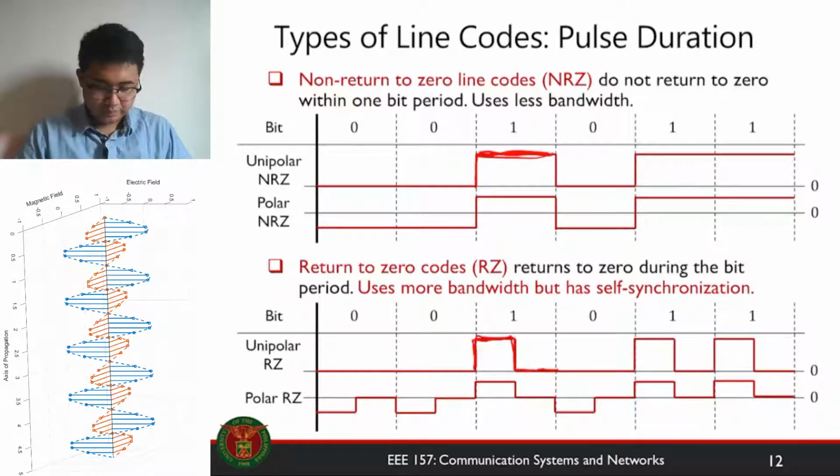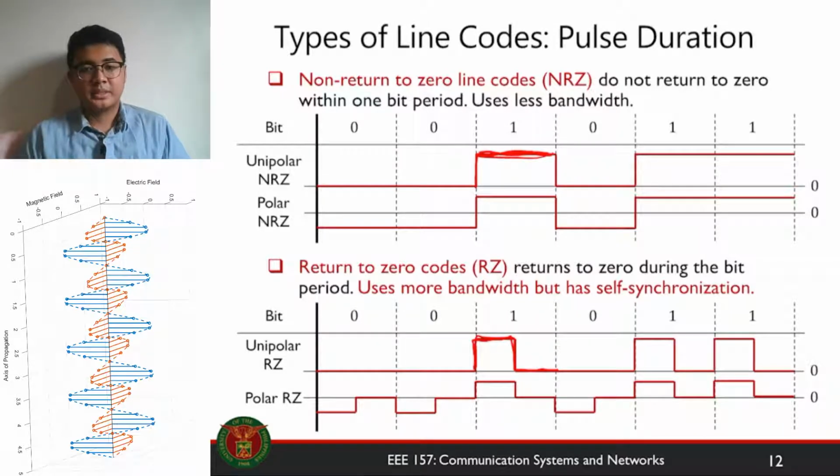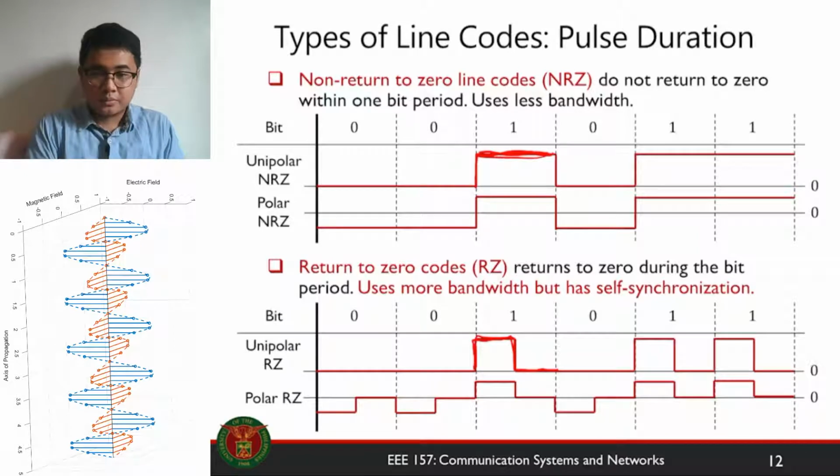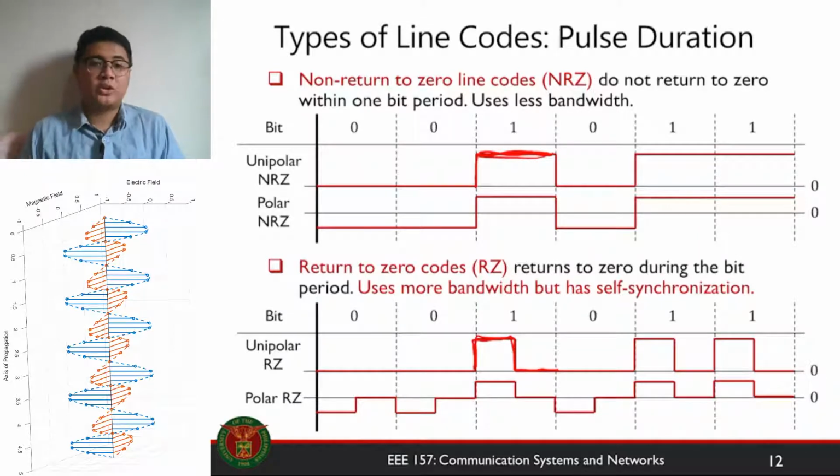Okay? So, as we know, if we have a pulse that is shorter in duration, it will use more bandwidth. Okay? But if you're using a wired channel, is bandwidth really a concern? Well, it depends on the design of your wired channel, of course. Okay? But it uses more bandwidth compared to your non-return to zero. Okay? So if it uses more bandwidth, then your channel should have a larger bandwidth compared to one when you use your NRZ. But the bottom line here is the advantage of the return to zero code is it has